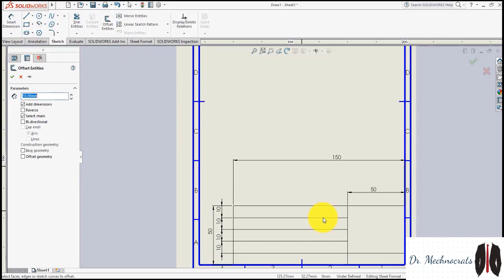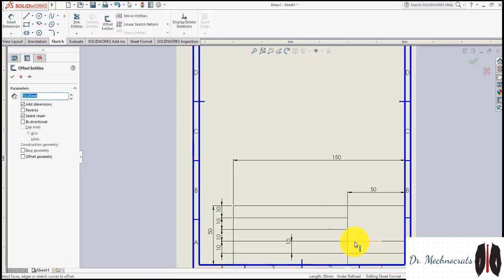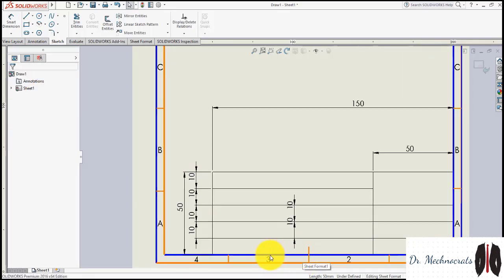Again, offset quantity. Okay. Offset quantity in reverse direction. Okay. Right. So this is the title box, students.